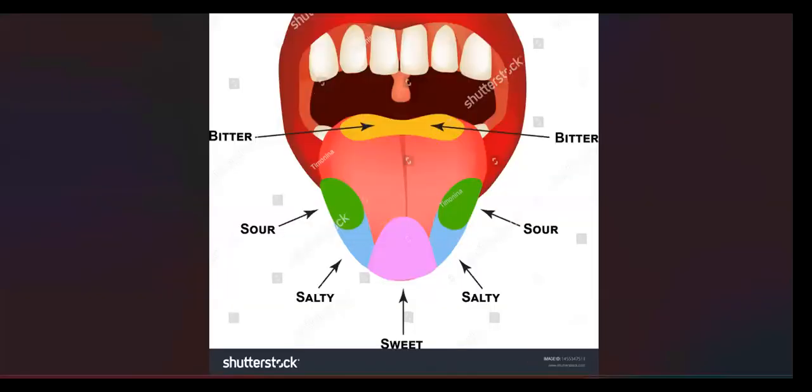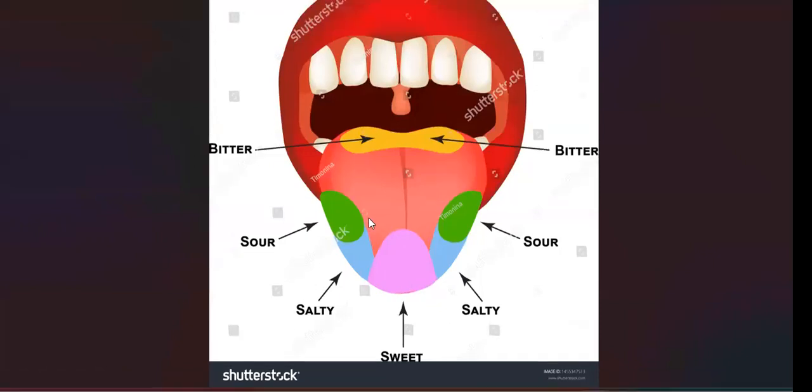This is the image of our tongue, and these are where the taste buds are present. In different areas we have different tastes. You can see this place, the yellowish color seen in the picture, is where we sense the bitter